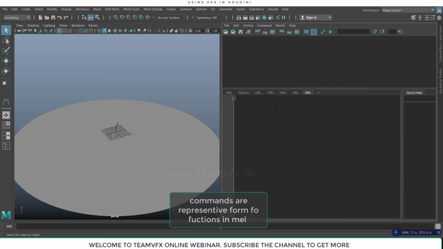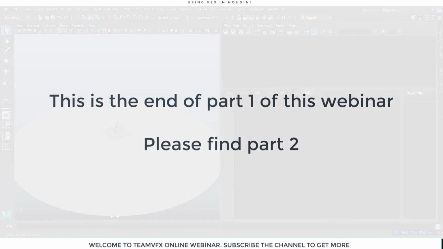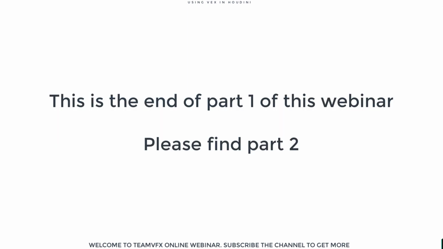So first I will create a string where I will put the template. For that I will create a list, and let's create a string, and to define a variable in MEL you have to put a $ before it, so that Maya can understand.